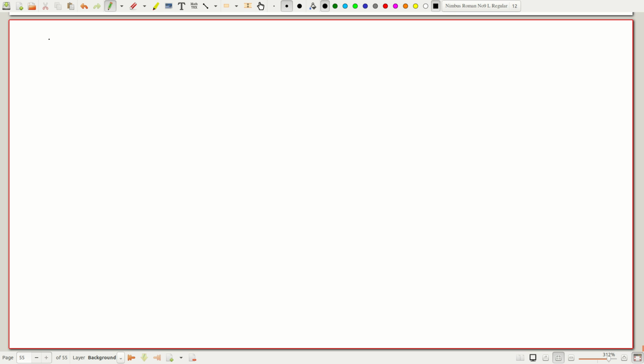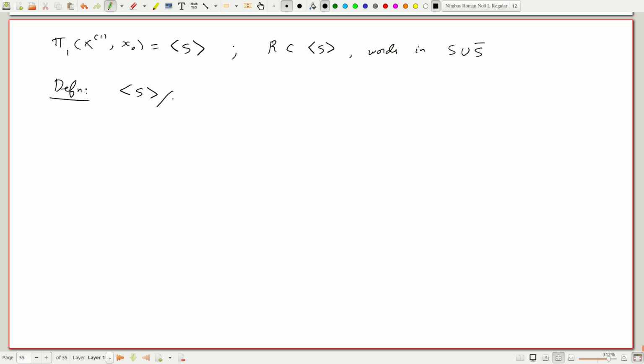So suppose we know pi 1 of x1 and x0 is the free group generated by S. We'll know it's a free group. S is as we had described before, and R is some set. So R is simply a subset of elements in S. So these are words in S union S bar. That's a slight abuse because different words can give you the same element if they are not reduced words, but essentially this is there. So we say definition, the group S divided by the normal subgroup R